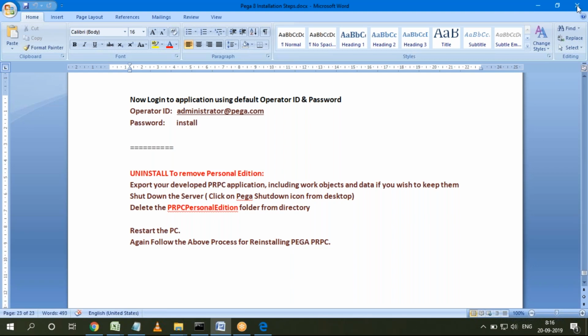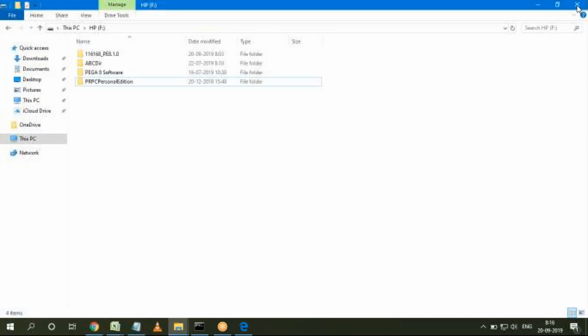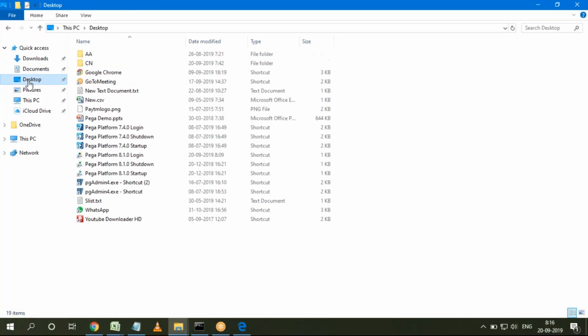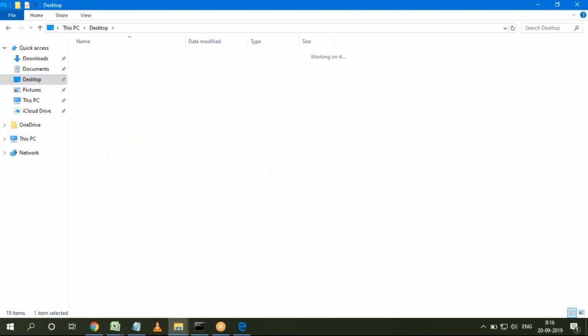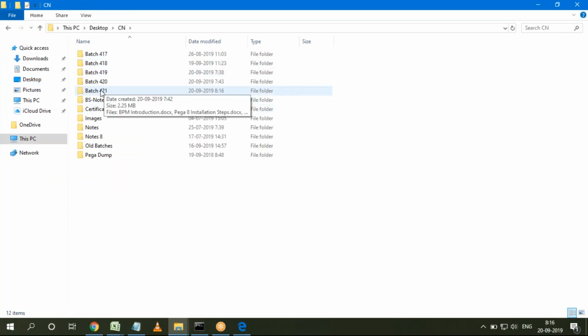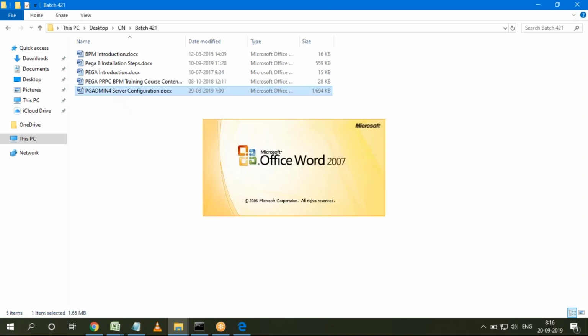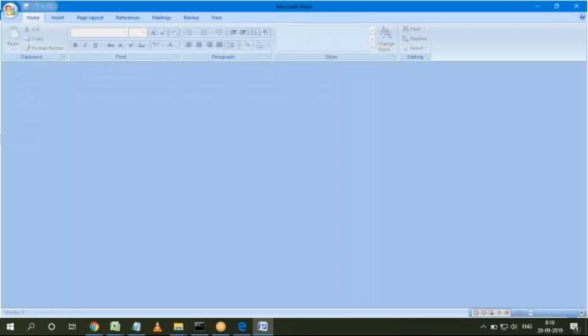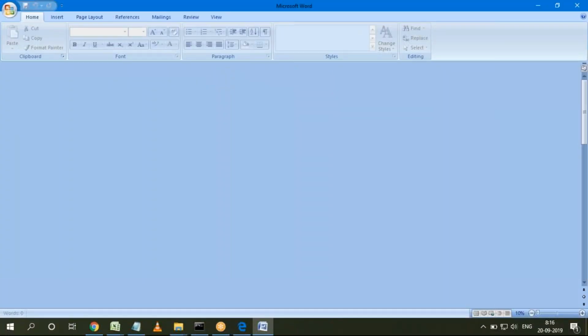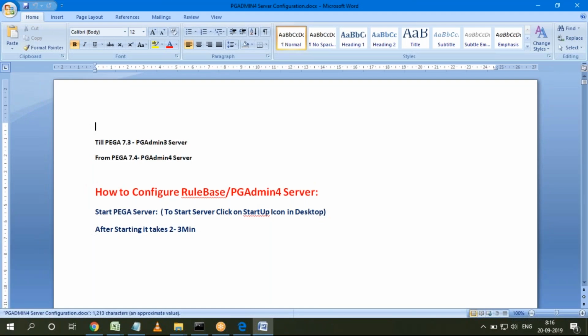Once installation is completed, you have to do a configuration in the application. We call it the rule-based configuration, or we can also call it the pgAdmin 4 configuration. Once your installation is successfully completed, then we have to do this server configuration. The server and database are both installed, but if we want to physically check in the server the rules we create in our application, this configuration is required.